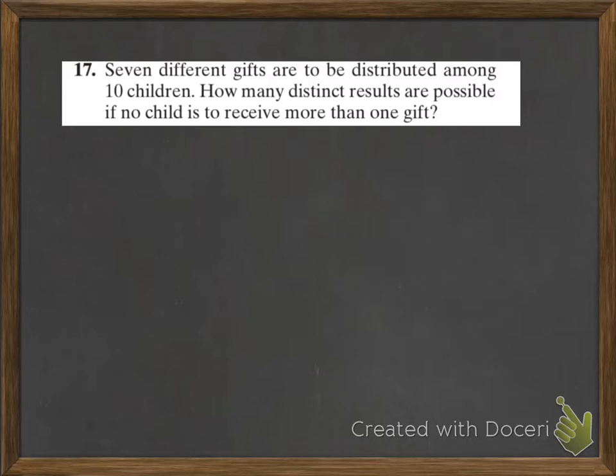7 different gifts are to be distributed among 10 children. So different gifts. How many distinct results are possible if no child is to receive more than one gift? So different gifts means they are distinguishable, and no one can receive more than one means we are sampling without replacement. All right, so what we really have is 7 distinct gifts,